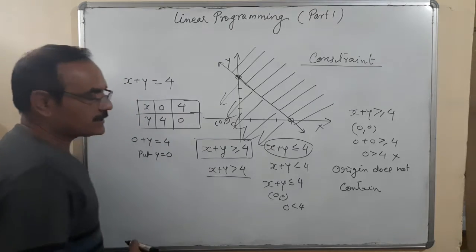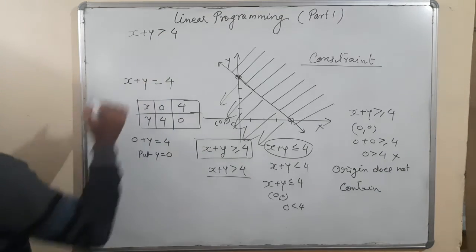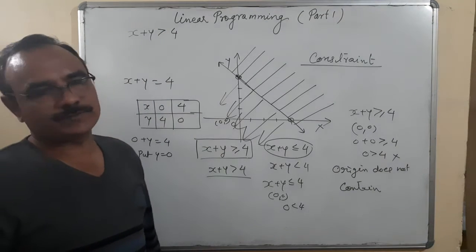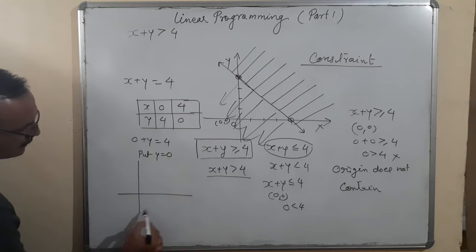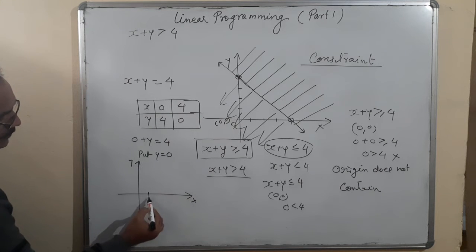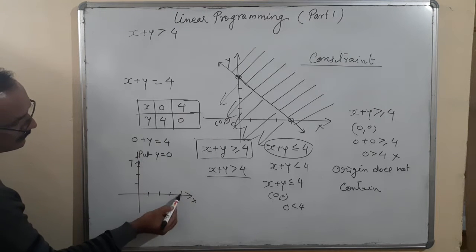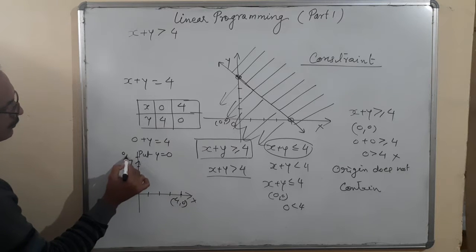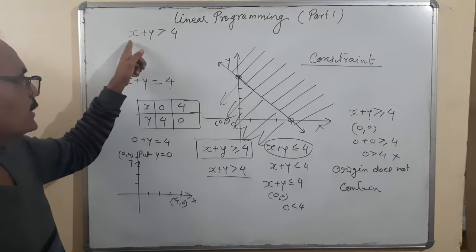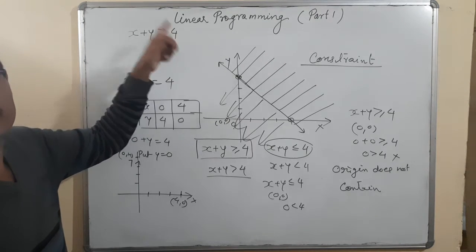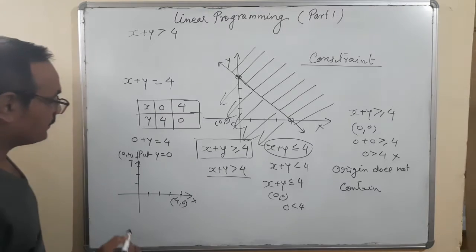Now let us come to x plus y is greater than 4. What is it? Here the condition is x plus y is strictly greater than 4. Again we are getting the same points. I'm making a different graph here: x, y, 1, 2, 3, 4. The points are 4 comma 0 and 0 comma 4. Because it is x plus y strictly greater than 4, and not x plus y equal to 4, this line will have to be represented by a dotted line. It will not be a darker line.